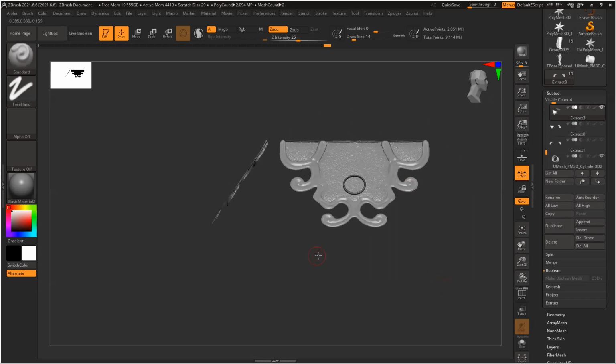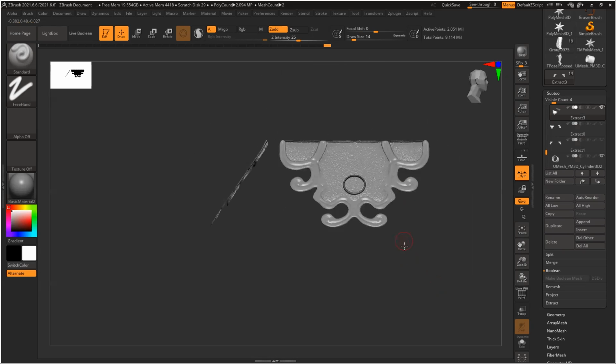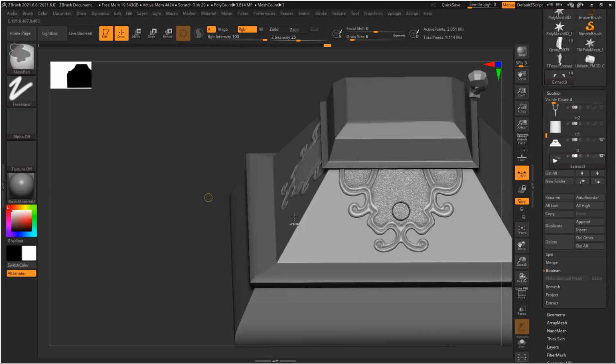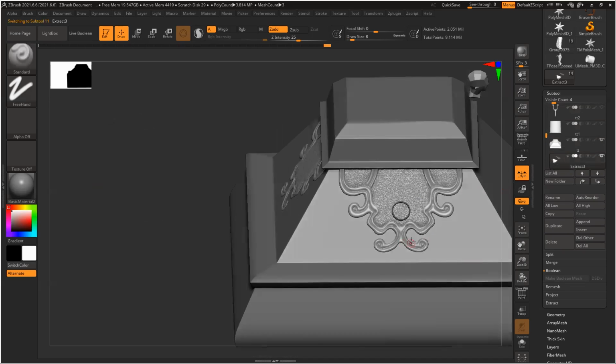Let's switch off symmetry because this is like four sides. So it might create a problem because I just have to push this thing inside, so that I can see the base shape. Get rid of anything. This one.